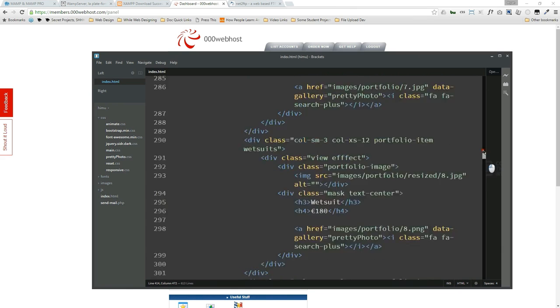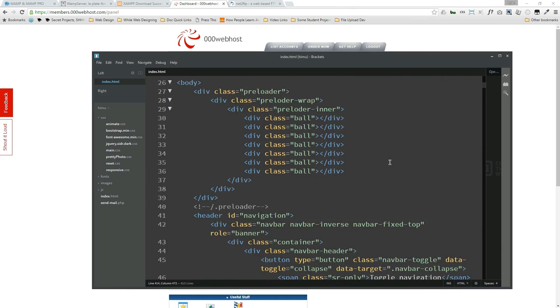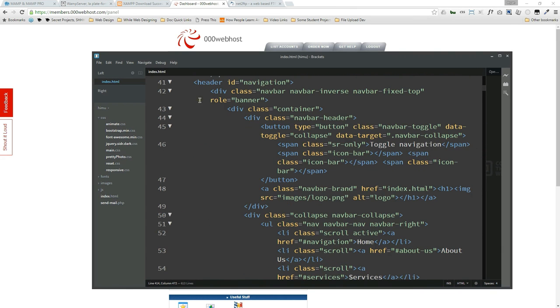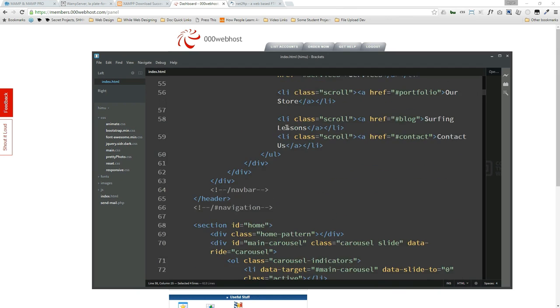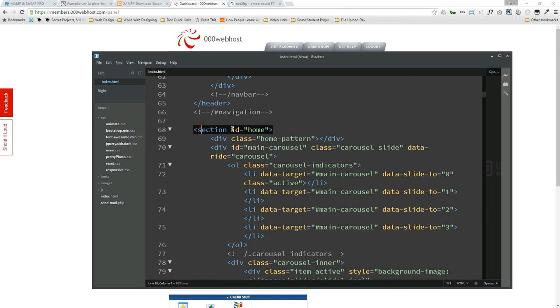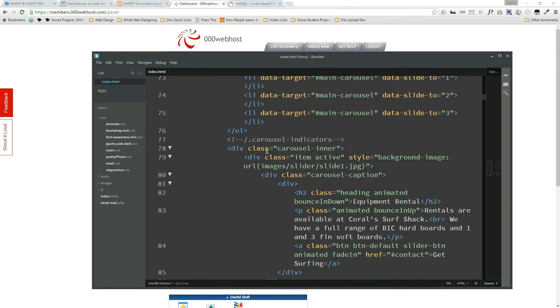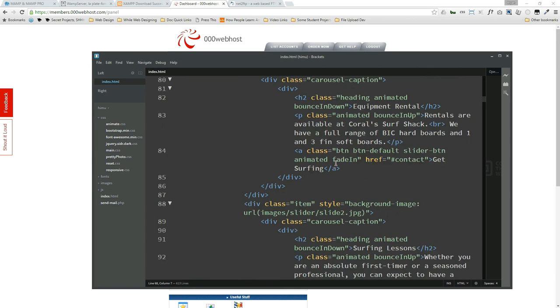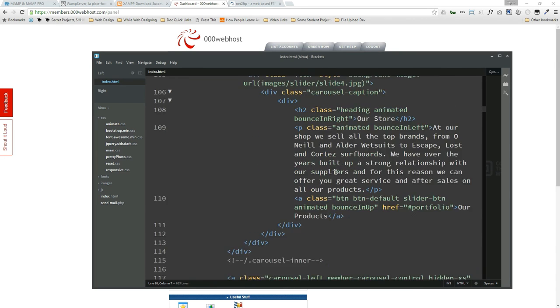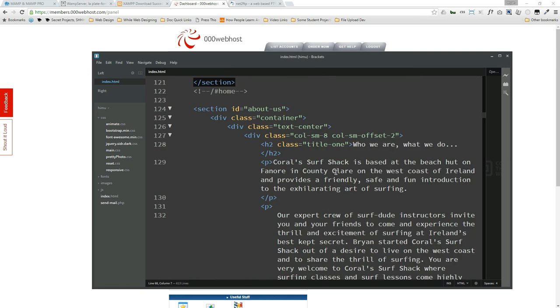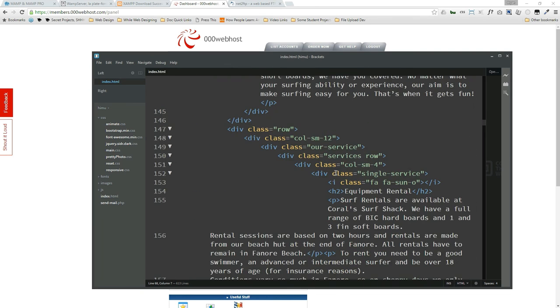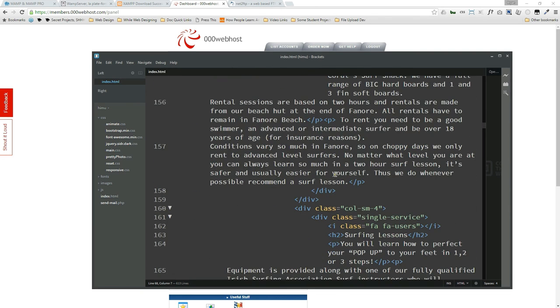So let's take a quick look here. So you can take something like this. So you see, we do have header tags up here. We do have a lot of divs. We have sections, and we have a lot of divs again. But these divs, these are all HTML5 tags in here. Let me just take a quick look down. Yeah, the section tag. It could be marked up a little better, but you see, this is a template as